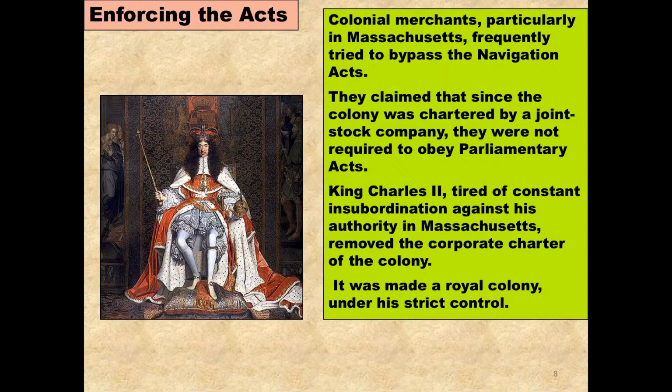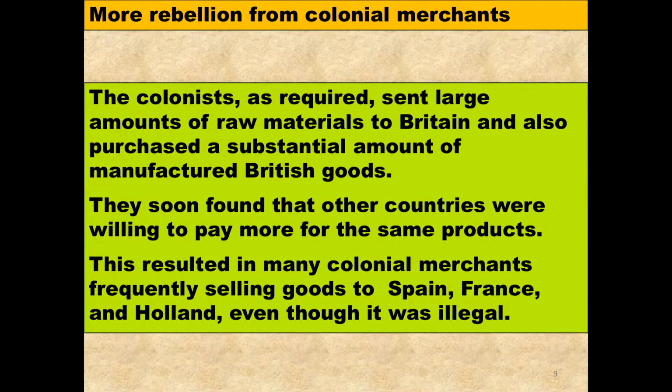I mean, come on now, smuggling. There's much smuggling being had in Boston ports in the day. So King Charles II tries to crack the whip on this and tries to get Massachusetts to fall in line. But Massachusetts keeps going around the system. So he's going to go ahead and remove their charter and make it a royal colony now. So he thinks he's got it under control, but, well, there's going to be some more rebellion going on.